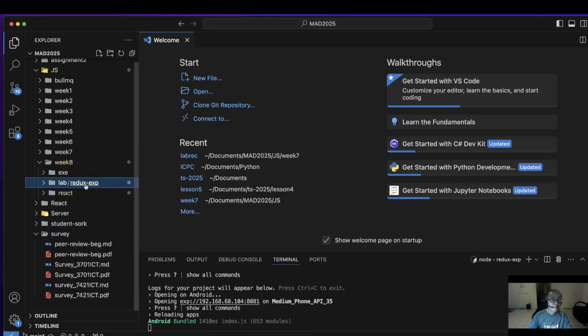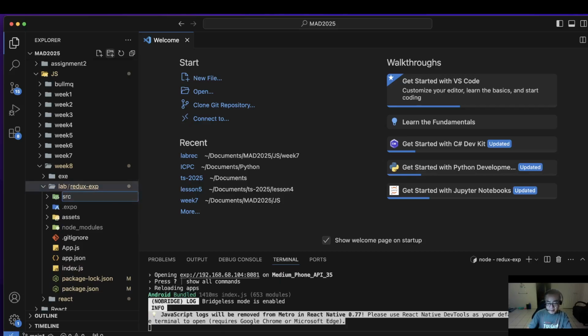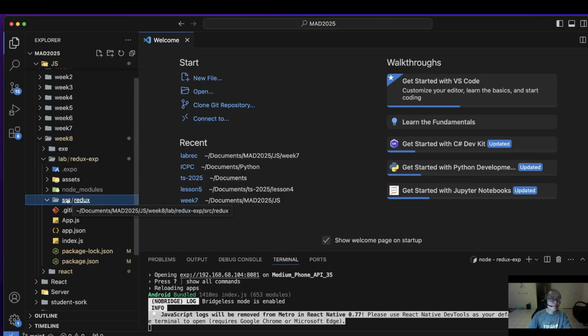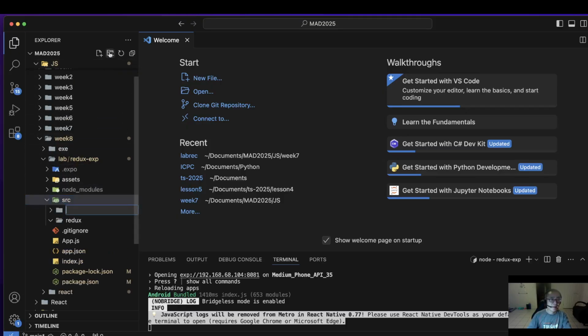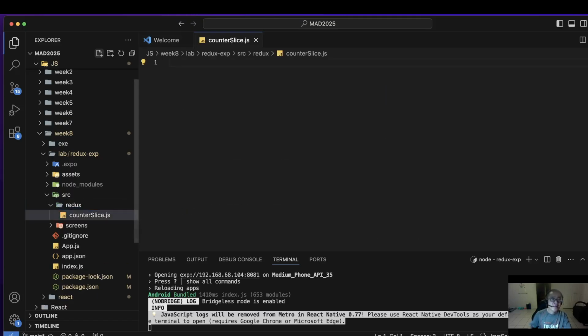Okay, in this one we create a folder src, and under src we create another folder Redux. The name is not necessary to be Redux, but use this one. We know that's fine, particularly for Redux. And we use screens, right? In the Redux part, we create file counter.js, and we import